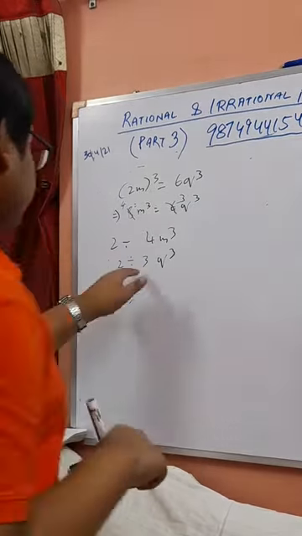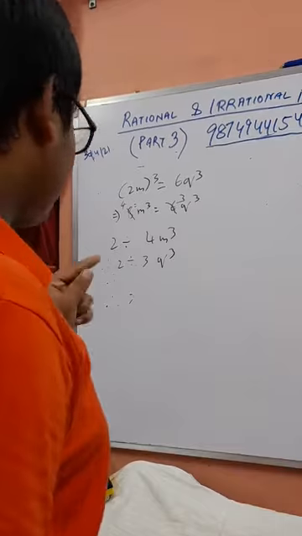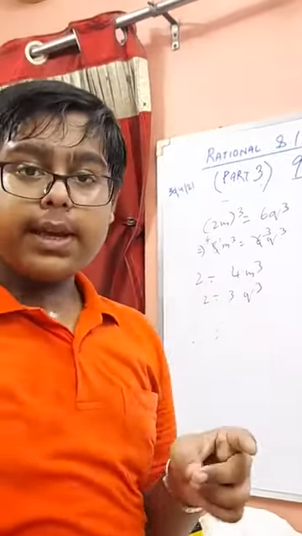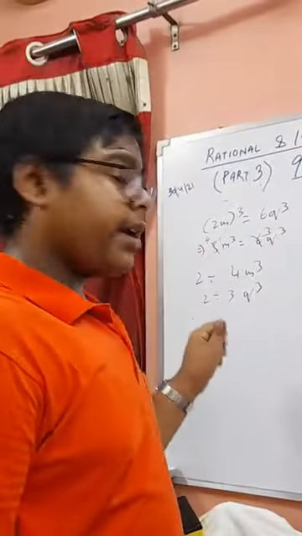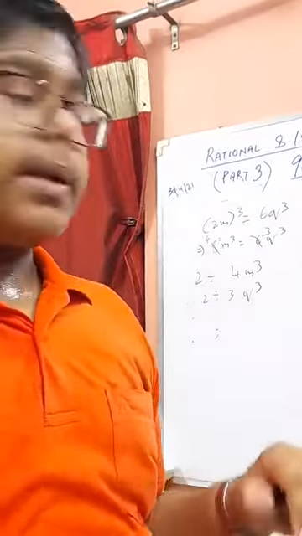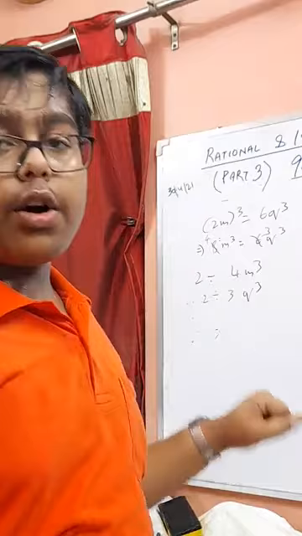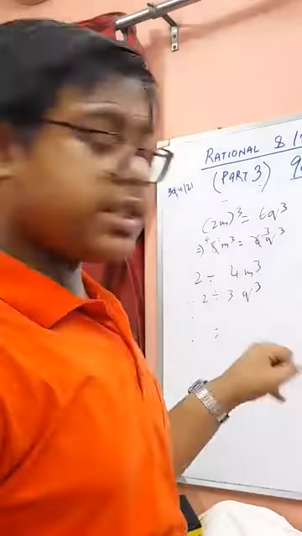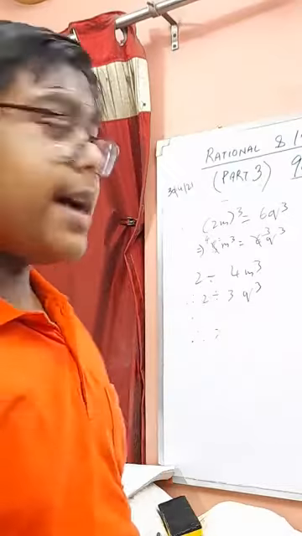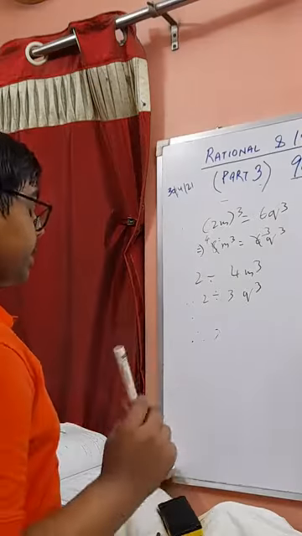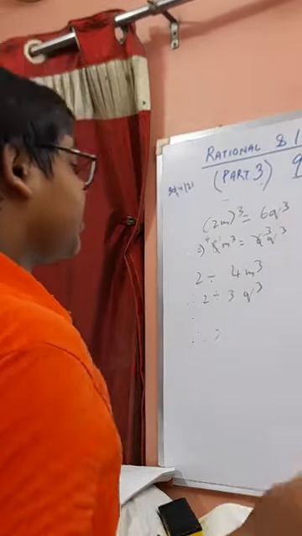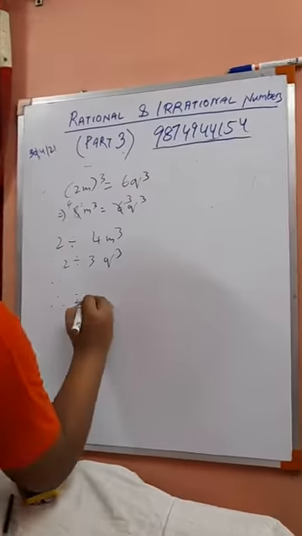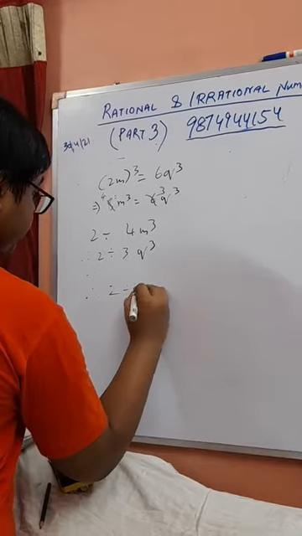Now here we use theorem number 2, where if a prime number divides a product ab, the prime number either has to divide a or b or both. Here a, which is 3, cannot be possible, as 3 being divided by 2 gives us a decimal, so it is not possible. Therefore 2 has to divide q cube.